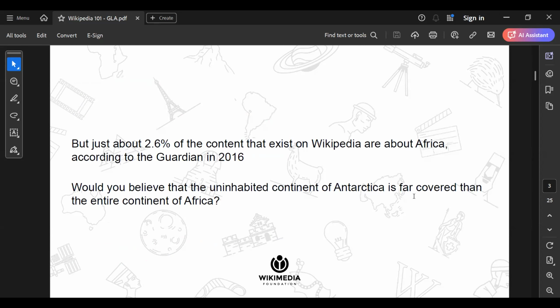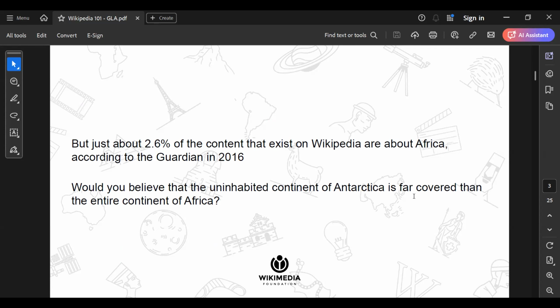So now we look at the kind of content that is being published on Wikipedia. As an encyclopedia, we have several kinds of content available on Wikipedia, ranging from people, places, things, and several topics. But just 2.5% of this content on Wikipedia is about Africa. So this is basically the reason why I joined Wikipedia, just to let you understand what inspired me to join the Wikipedia movement. I don't know the statistics in your continent, but this is the issue of Africa. Out of the several millions of articles on Wikipedia, just 2.6% cover Africa.